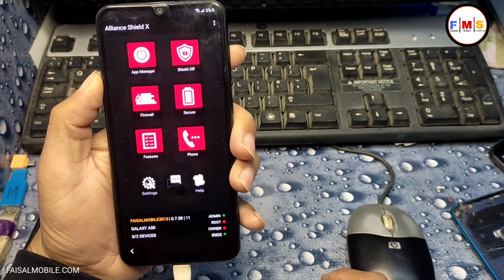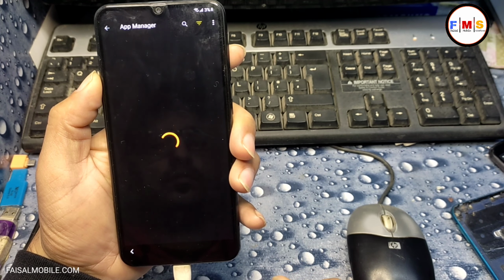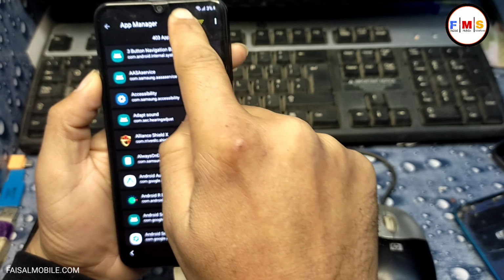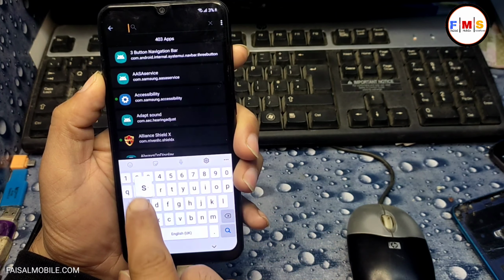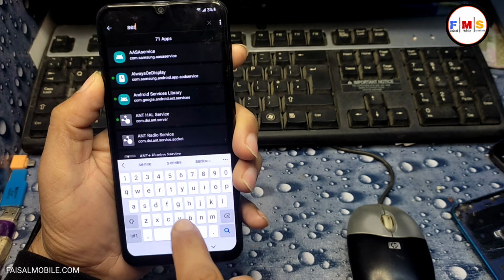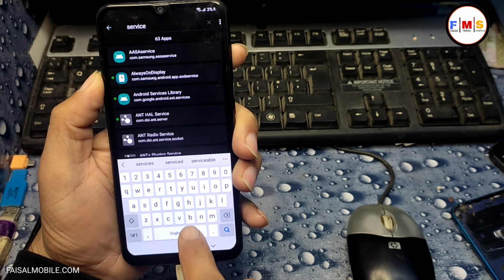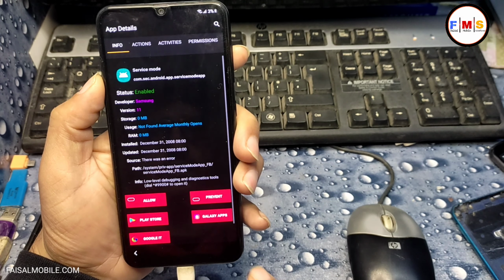App Manager, close, and here we need to search for service mode. Search here service mode, and click here service mode.